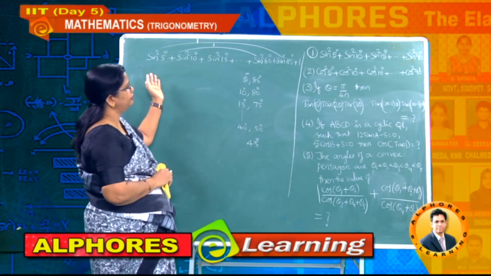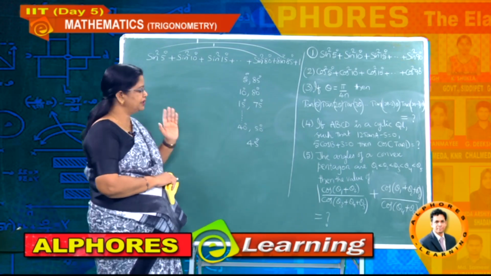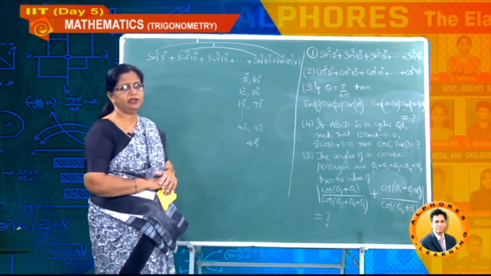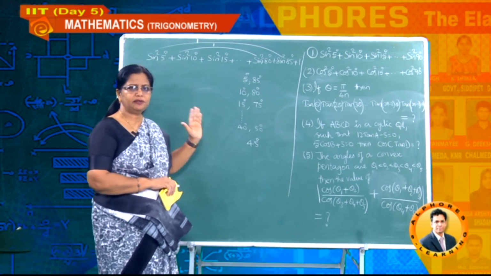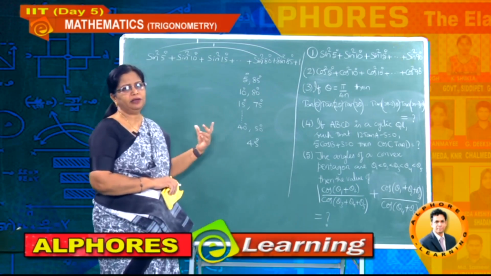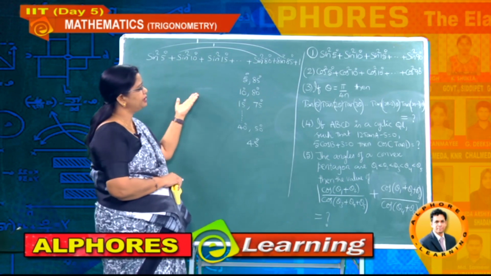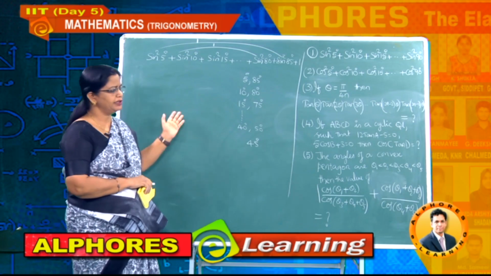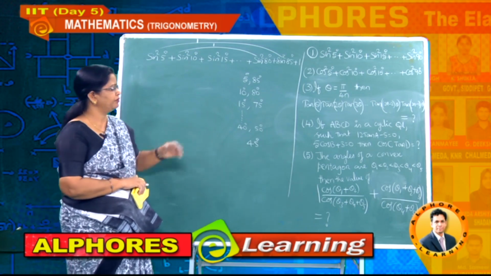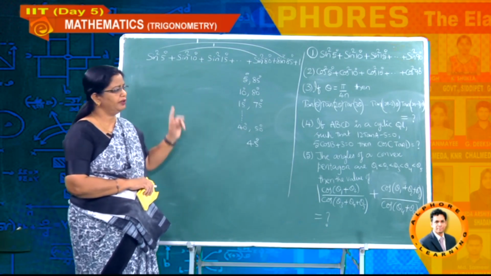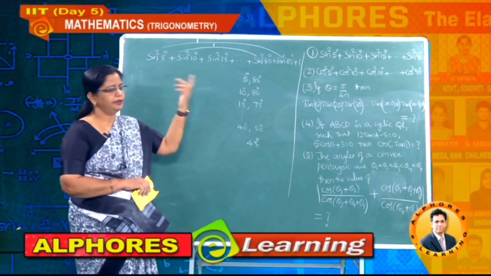Hence, whenever a number of terms is given, our concentration should not be only on the first one and last one, and you shouldn't directly write the answer. Our concentration has to be always on the middle term. Does it have a pair or not? That is very important. In the previous problem we observed no problem at all, because you got an even number of terms and hence the sum value was 0. Whereas here you got one term alone, with no pair at all. So this is very important while doing these problems of many terms.